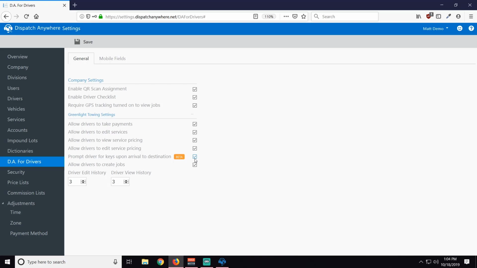Now, they can do this regardless of whether this is turned on or not. They can do it manually, but if you want this to remind the drivers or happen every single time, we can turn it on here. And then allow drivers to create jobs. This is going to be a feature that allows the driver to create a job while they're in the field. Usually this is used for private property most of the time, but we have other customers using it for other